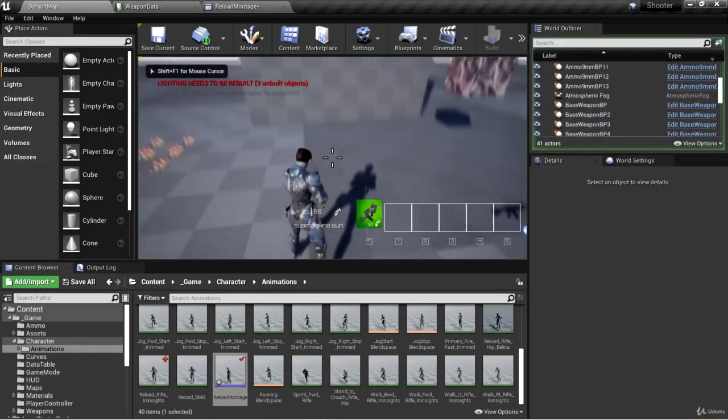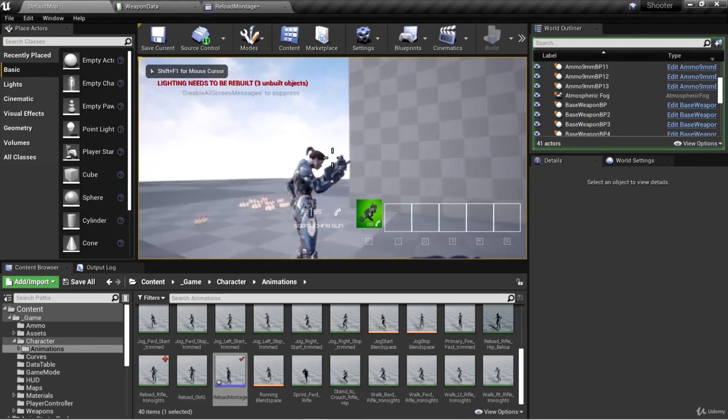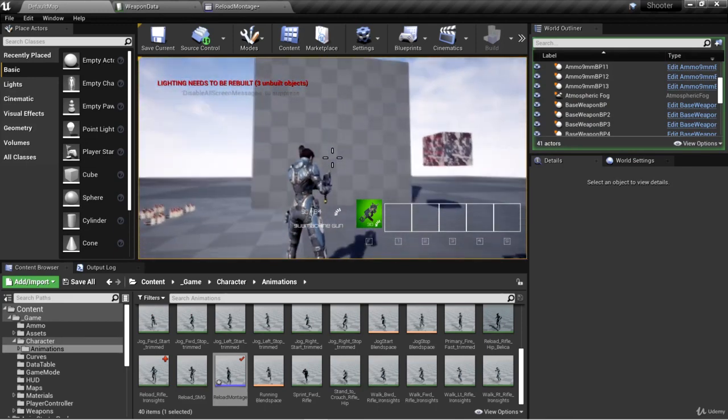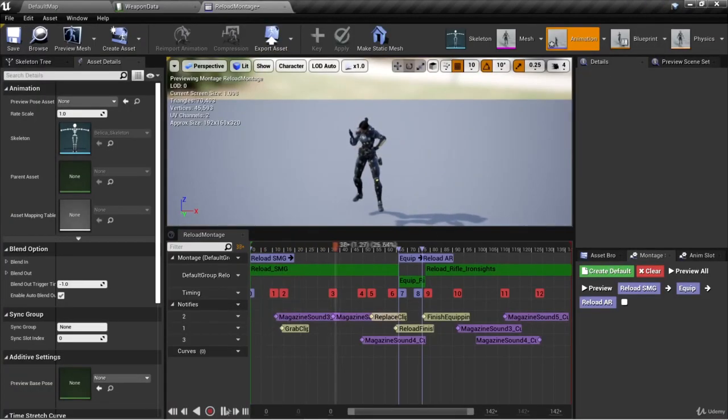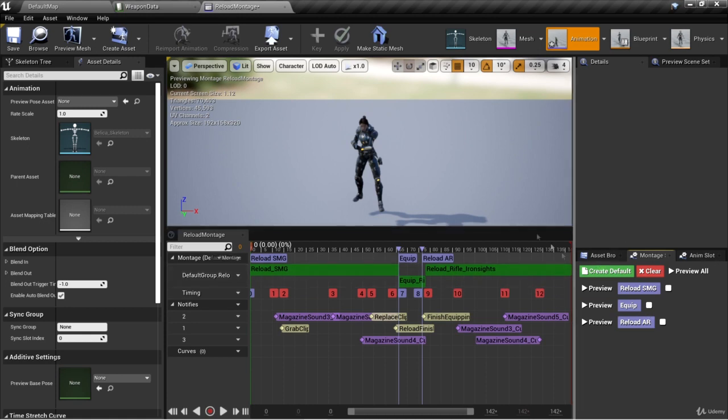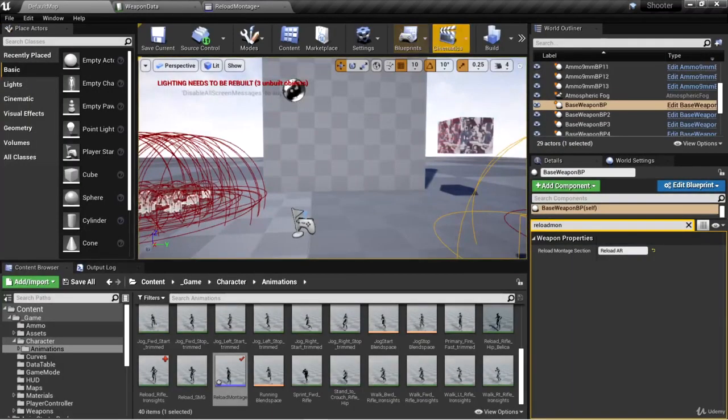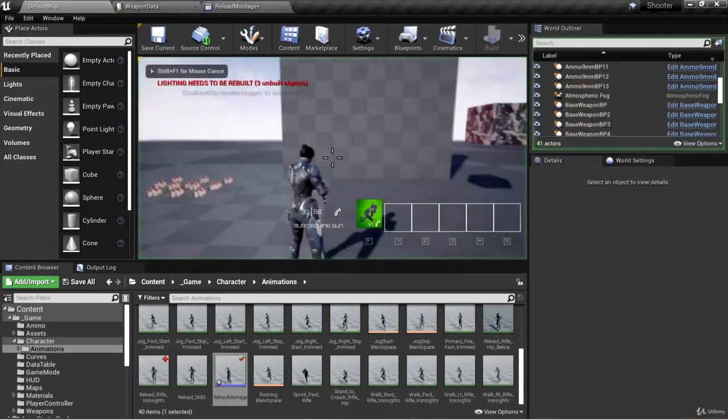So let's go ahead and hit play and reload. And it played the correct one, but then it went ahead and played another animation, and that's because if we come down here into our reload montage in the montage section tab, we can click on the clear button, and that way none of these animations will play after the other when we play one of the sections. We only want to play one animation, and that's the animation in the section. So hit that clear button and go back, and let's go ahead and reload,